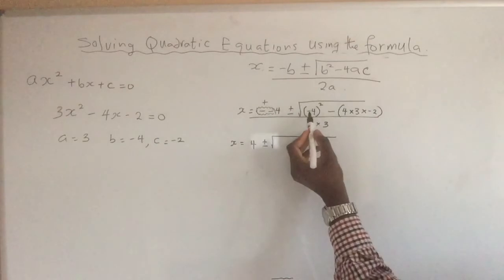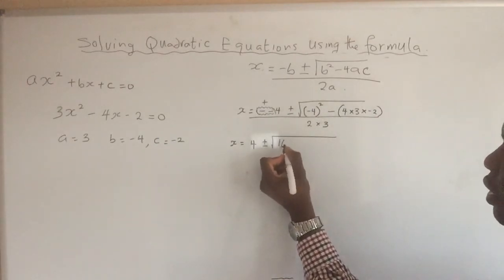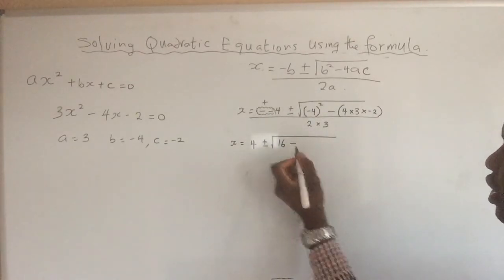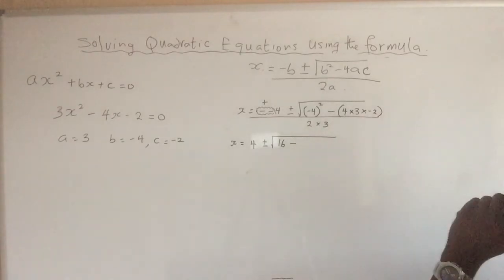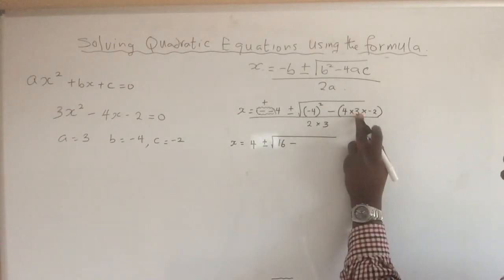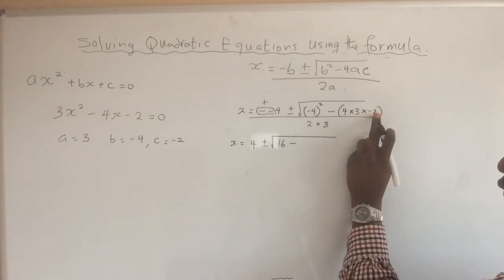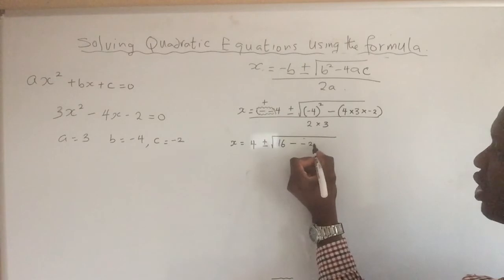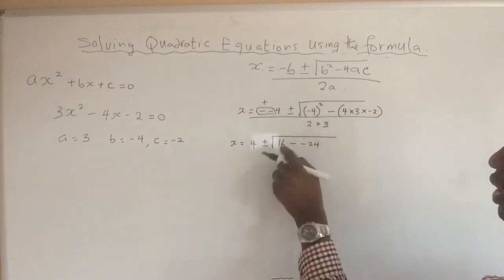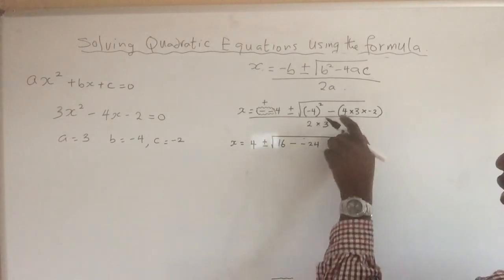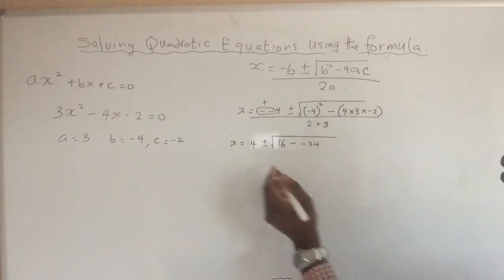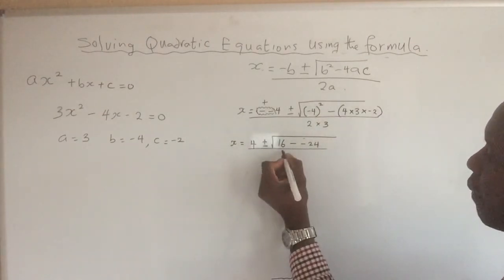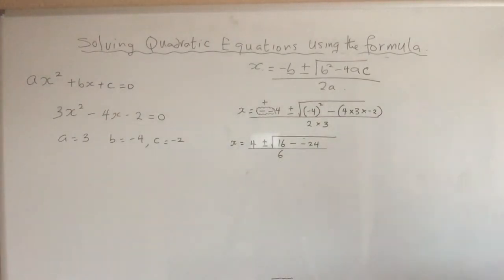So this gives me 16 minus, if I multiply out this bracket, I have 4 times 3, 12, times minus 2, minus 24. So answer minus 24. So 16 minus all of this minus 24, all divide by 6, because 2 times 3 is 6,